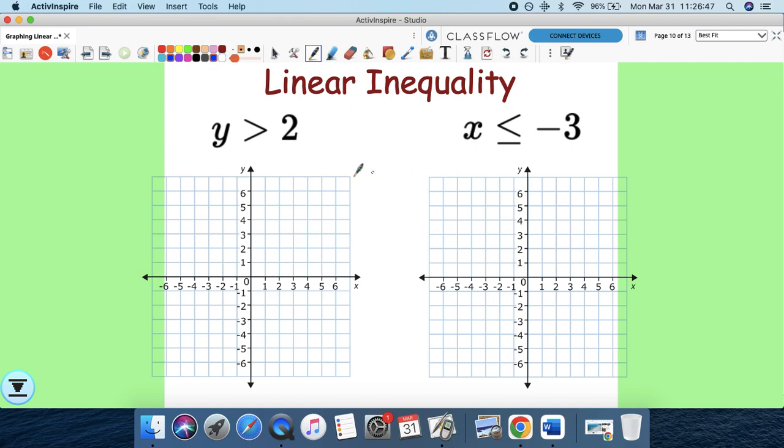Well, the last two problems I want to do are special cases, I guess if you want to call them that way. And you'll notice that they are a little bit different. Okay. Let me rewrite this just for a second as y equals 2. How would you graph y equals 2? Well, y equals 2, first of all, is a line that's horizontal, where all the y values are 2. The slope is 0, meaning that it's